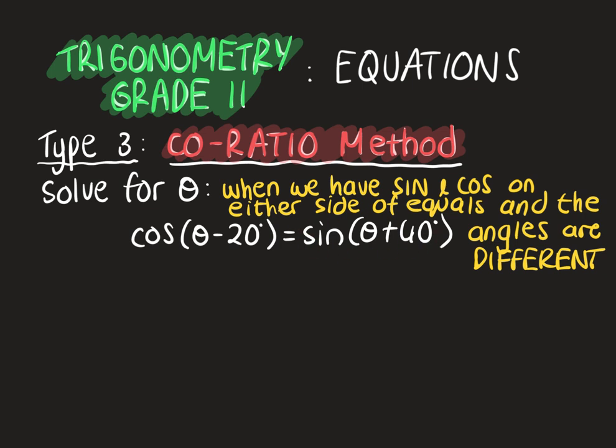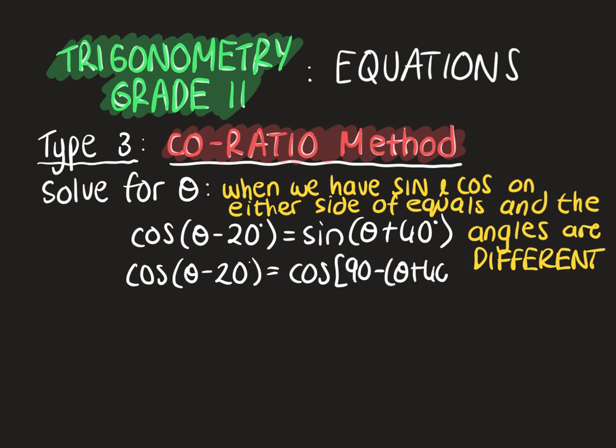Now, the reason for that is because we need the same trig function on both sides in order to extract our reference angle. So how do we make a sine a cos, guys? We use our co-ratios. So cos of theta minus 20 will equal cos of 90 minus theta plus 40. Okay, so that is me changing the sine into a cos using my co-ratio method, hence the name of this